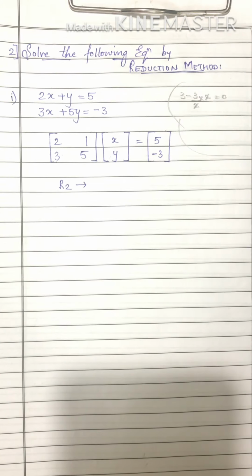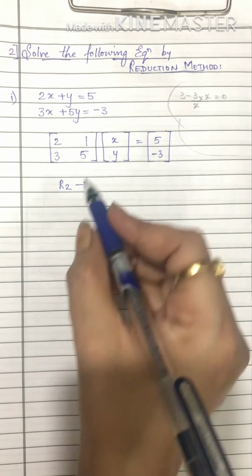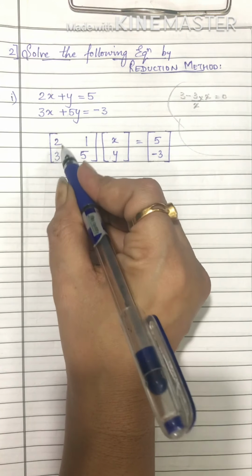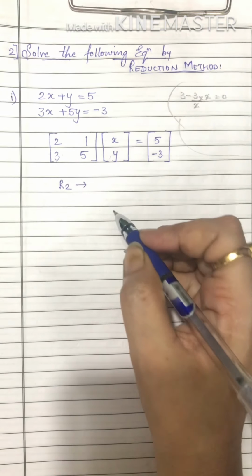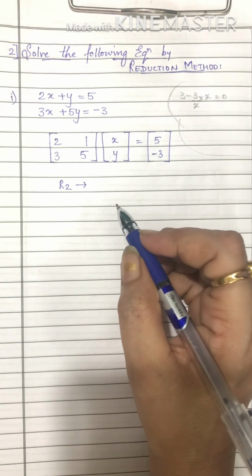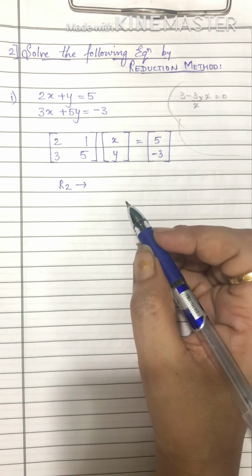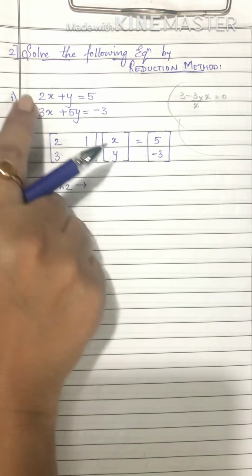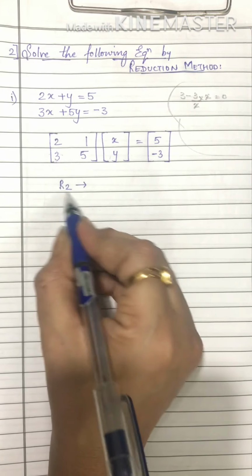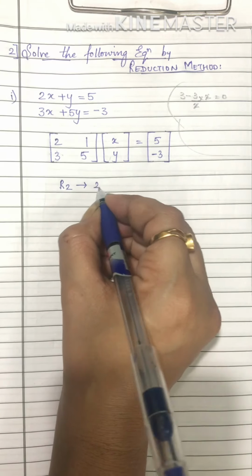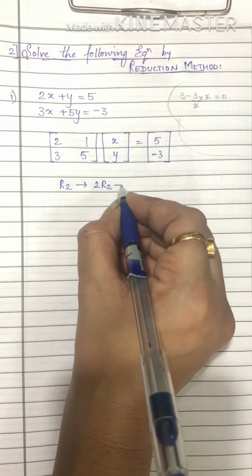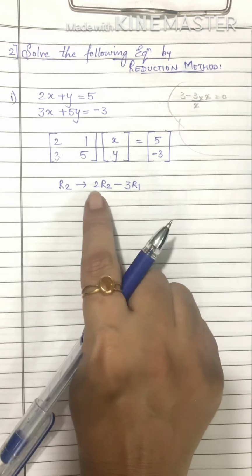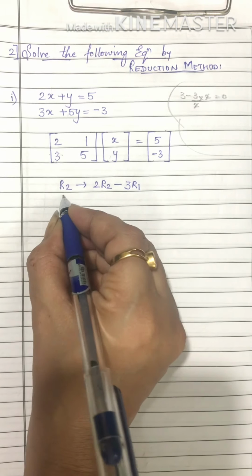But instead I am trying something else. Just check if you find this easy. This is what we used to do when we solved sums simultaneously, equalizing the coefficients, right? So I'm going to use that. We will multiply this by 2 and this by 3. And how we will use it in transformation, just check out. I'll say 2R2 minus 3R1. Fine. So when I do this, what will we get?